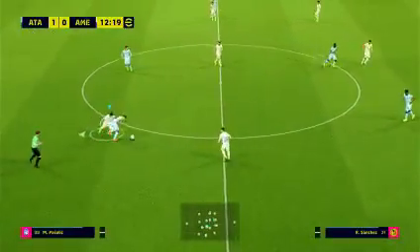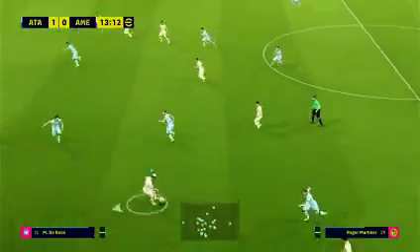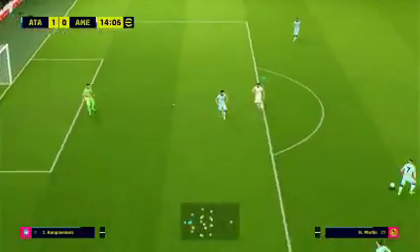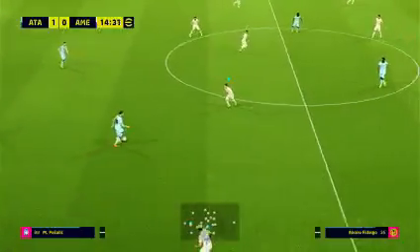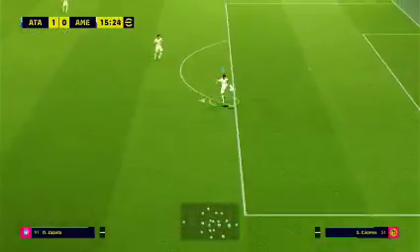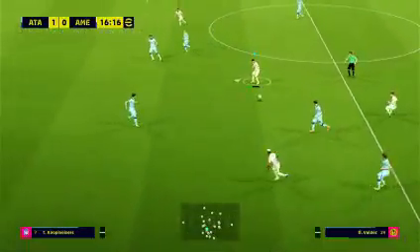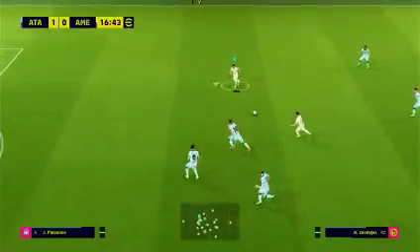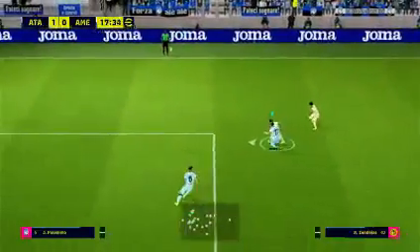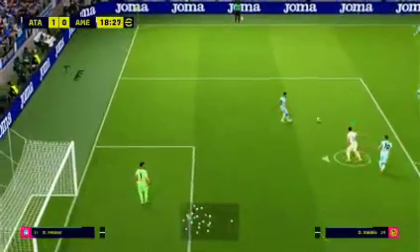Pasalic. Pull past that, sloppy. And that's put paid to a promising move. It's a good spell of possession, this. Played out towards the right wing. Freuler.